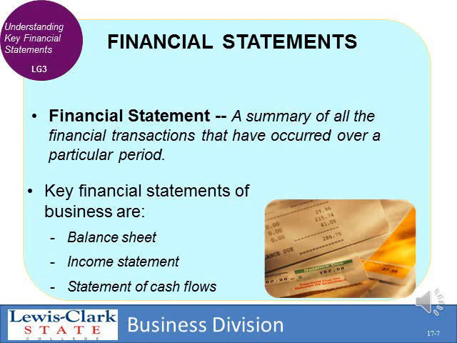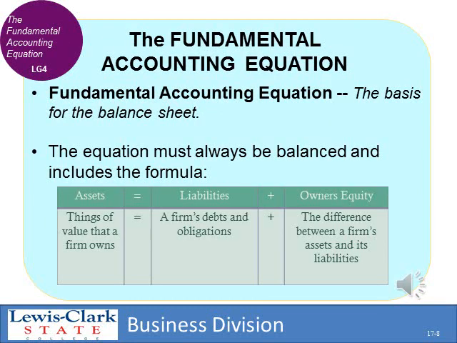The result of accounting are financial statements, and there are three standard financial statements that you will see in the 10K and other places as well. Those are the balance sheet, the income statement, and the statement of cash flows, and we'll discuss those a little bit as we continue here. In any discussion of accounting, we must discuss the fundamental accounting equation, which is the basis for the balance sheet. The balance sheet will list assets, liabilities, and owner's equity. Assets are things of value that the company owns. Liabilities are amounts of money that the company owes, and owner's equity is the difference, the net worth, so to speak, of that particular company.